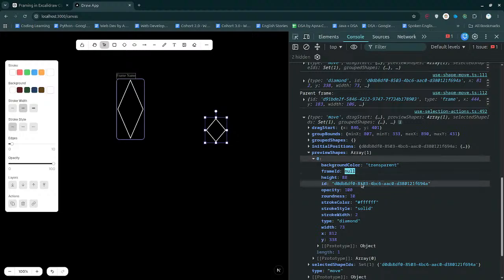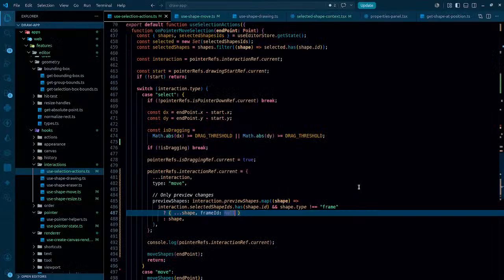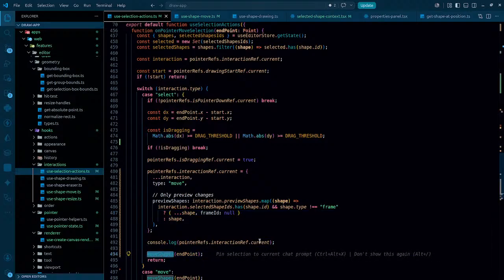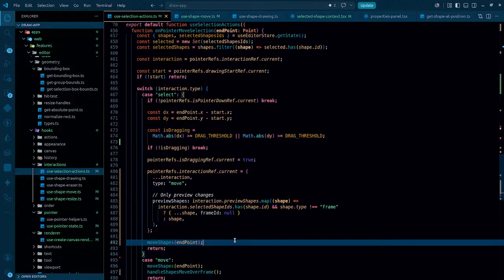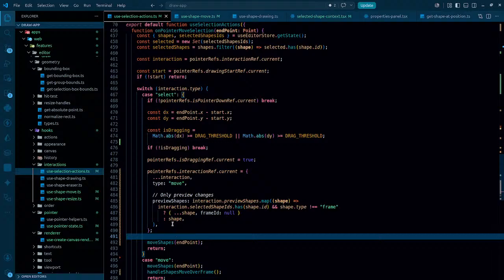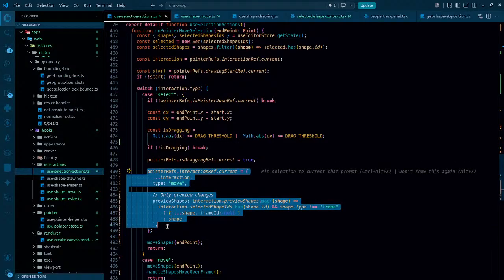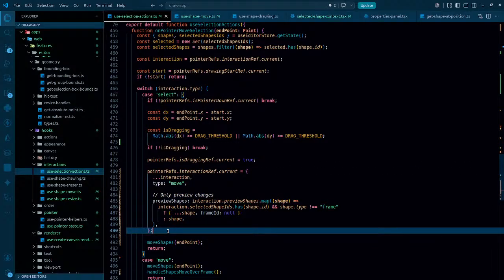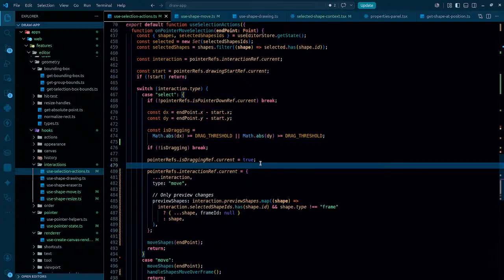It actually becomes null. So if the frame ID is actually null over here, that simply means when we are moving, the frame ID is actually null. In that case, just a sec. As we start moving, that becomes true. It feels like that is